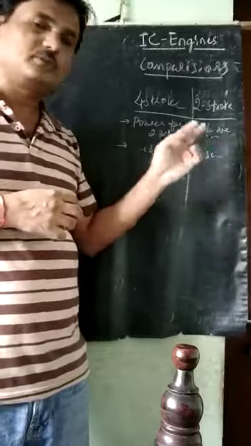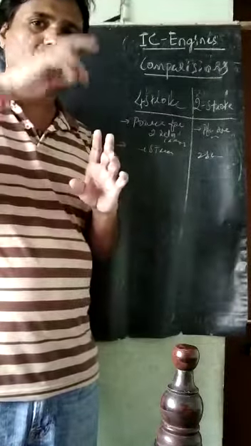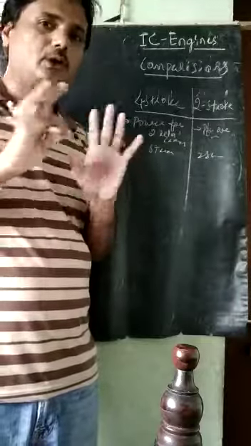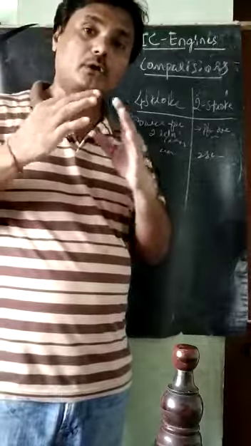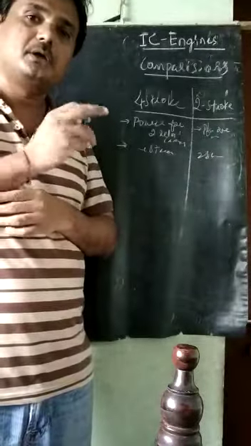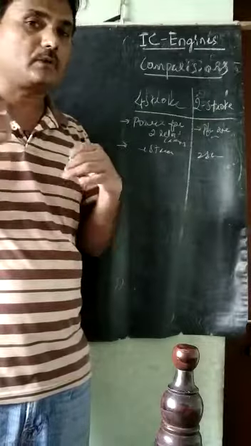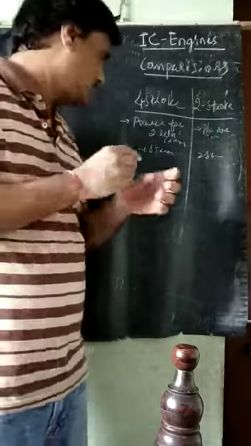But in case of the 2-stroke, the piston will move only 2 times, top dead center to bottom and bottom to top. In those 2 times only, all the 4 strokes are completed: suction, compression, expansion and exhaust, all complete in a 2-stroke only. Next one here,